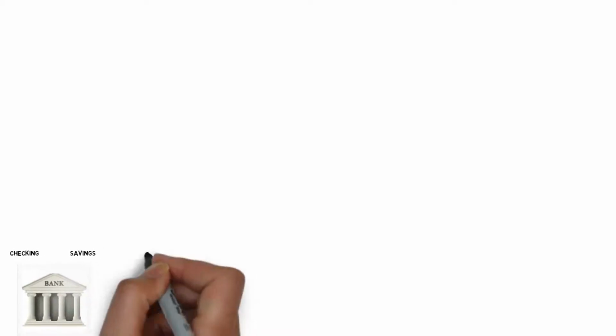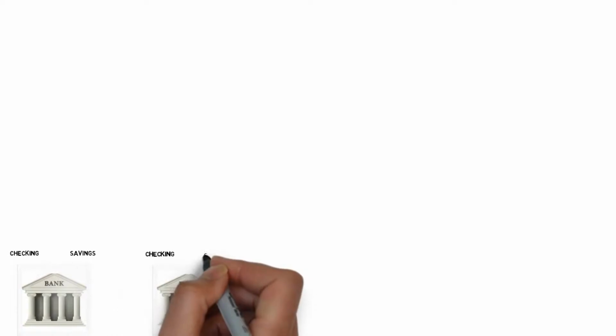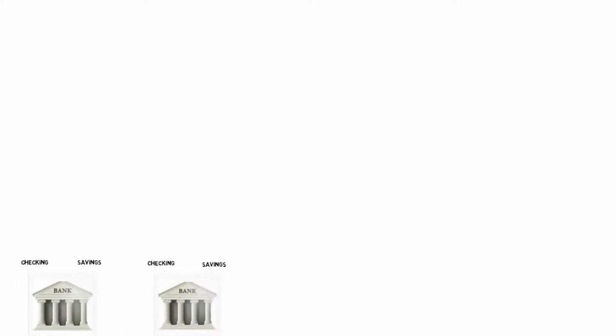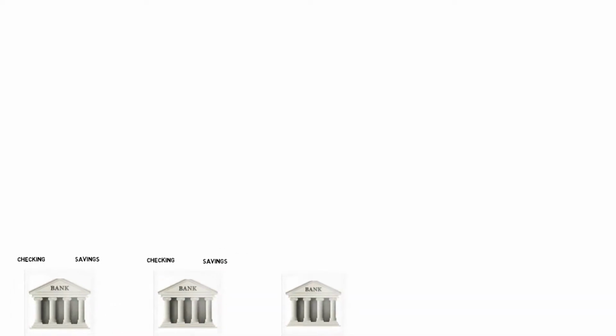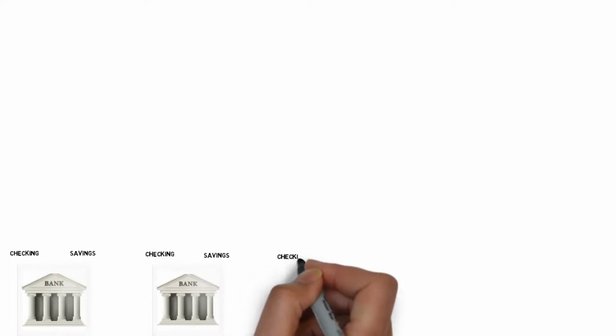Most of us keep some of our dollars in accounts at banks, and at those banks we have checking accounts and savings accounts. We transfer our dollars back and forth between our checking accounts and savings accounts. We transfer dollars from checking into savings because savings accounts earn a little interest over time, and we transfer dollars that we want liquid from savings back into checking.